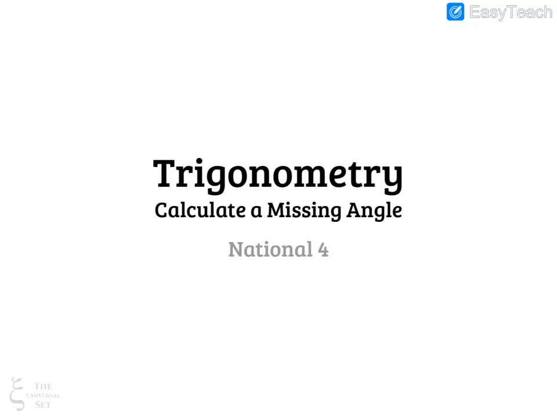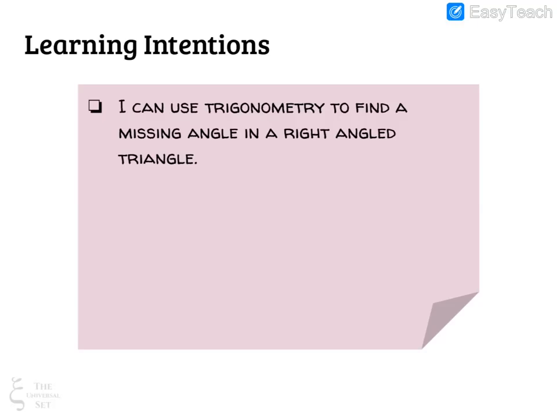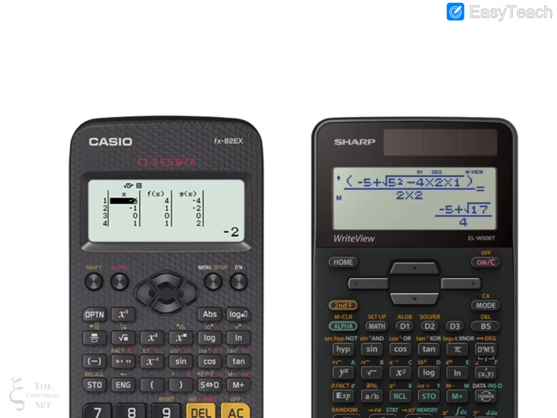Hello, this is another video on trigonometry, and in this video we're going to be looking at how to calculate a missing angle. So that is our learning intention, and we're going to be needing our scientific calculators again, but there's one extra button I'm going to need to tell you about, and that is if you have a Casio